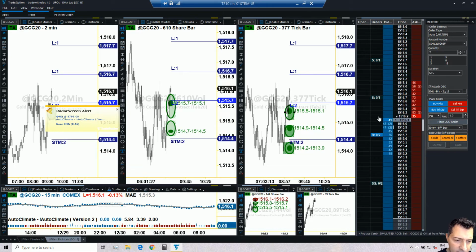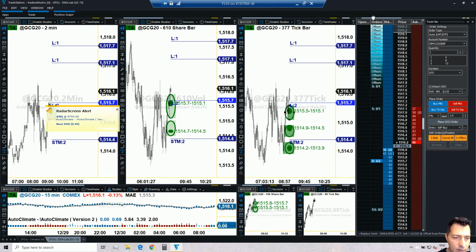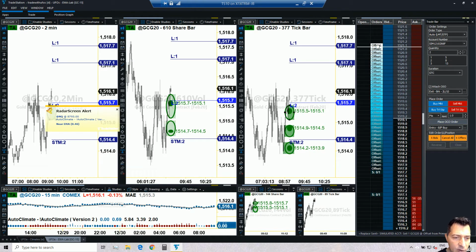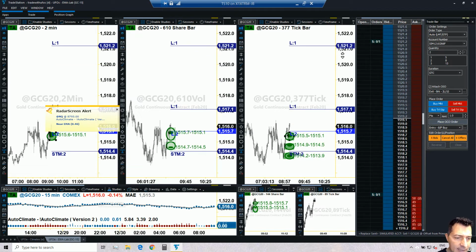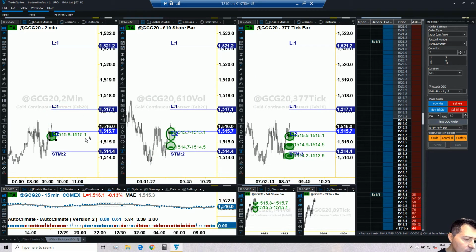Okay, so that means, if I'm not mistaken with the math, 15.17.1 would be the safety target, and my final target would be 15.21.2. Okay, so you're gonna get to see everything on the screen in just a second, and you'll be able to either replicate the trade or take a screenshot easily. Okay, you can see the entry 0.7 entering with this UFO.